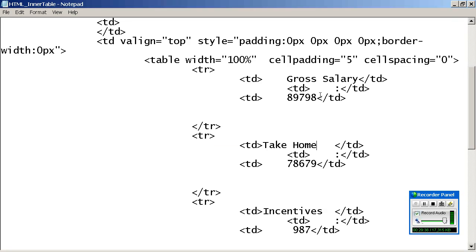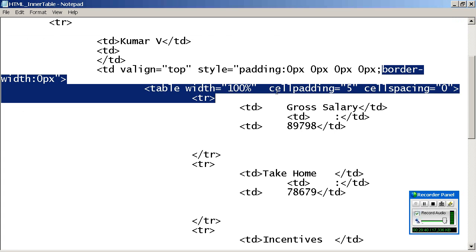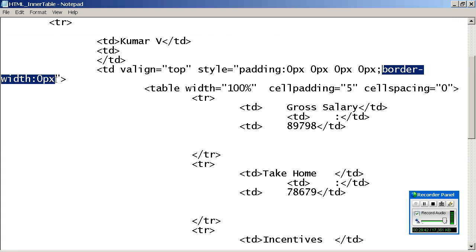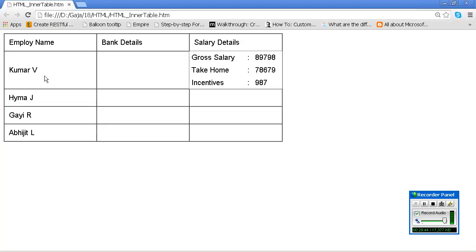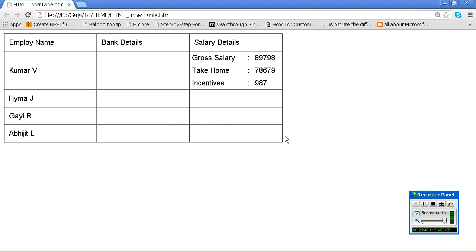Okay, now what you can do, you can go here and remove the border. But you may be thinking this is not a table, but it is a table also. I just removed the border also for better readability. If I give a border also no problem, but sometimes it will look more ugly. Are you understanding? Okay. Now in the same way for bank details, will you tell me?